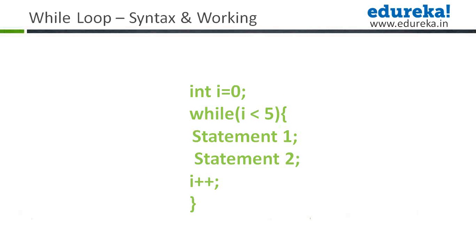Wonderful. Now I come to while loop. It is also quite similar, but there is a syntax change, okay? You'll be initializing your variable outside the while keyword. You write the while keyword, mention a condition on which the loop will run, mention the statements within the block, and the increment will be present in the block itself. So first of all, the variable gets initialized. After that, it checks the condition whether it is true or not,